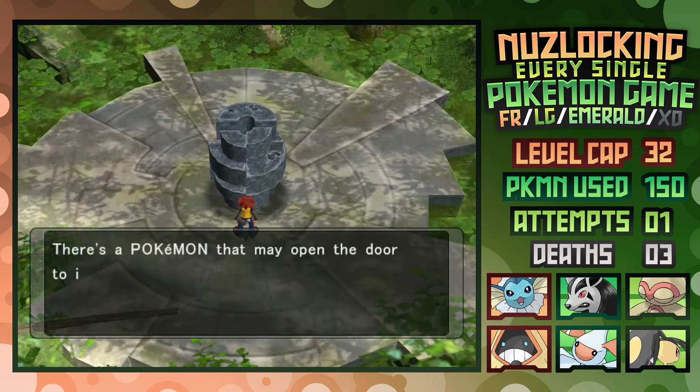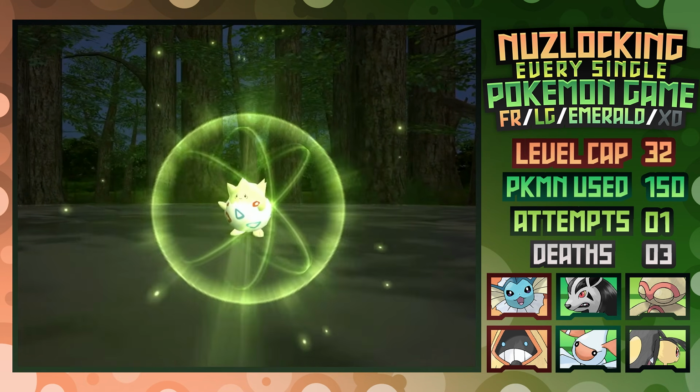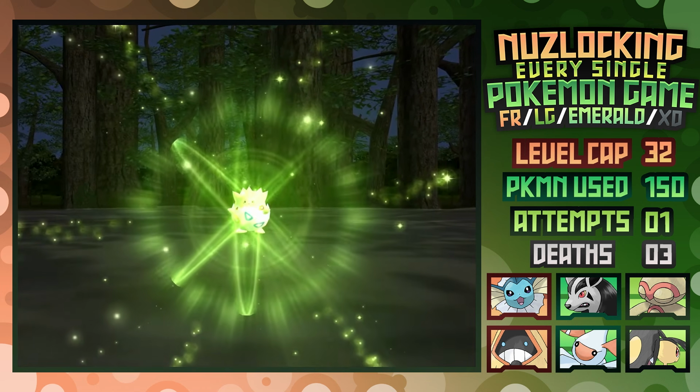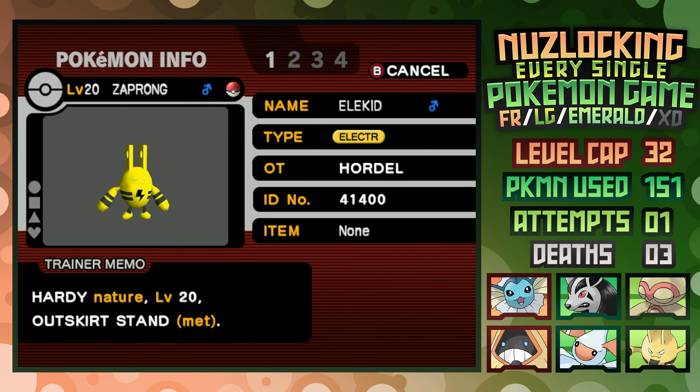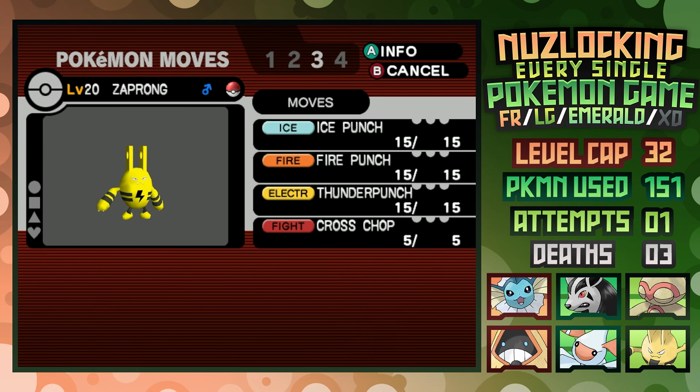Firstly, with access to the outskirts stand, we're able to talk to a scientist who asks us to purify his Shadow Togepi, and as a reward, we're given Elekid as our encounter here. It's got all 3 elemental punches, fantastic for a Pokemon that actually hits with special moves, along with Cross Chop, which is cool, but not a big deal since it's both inaccurate and not on the right side of the